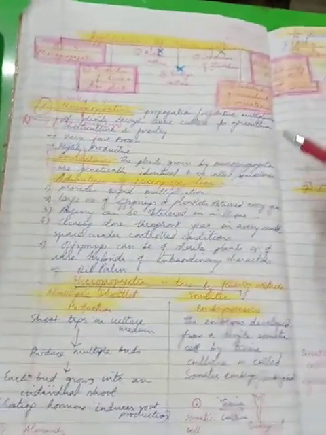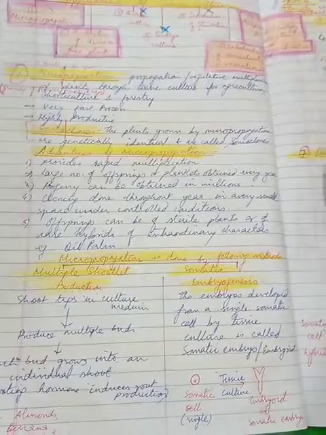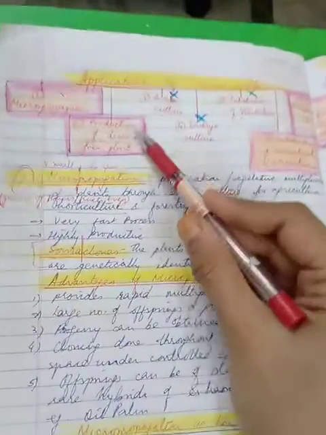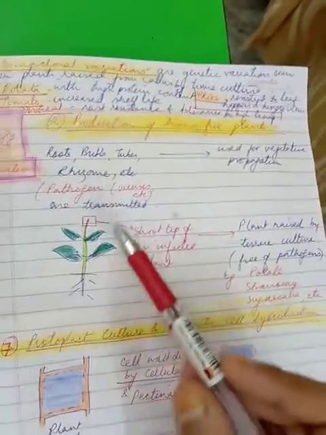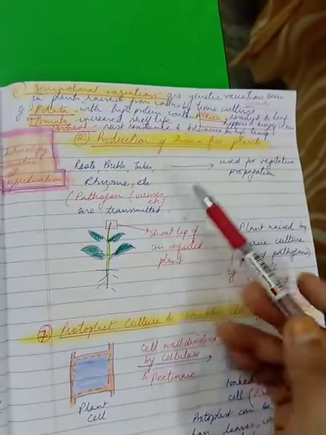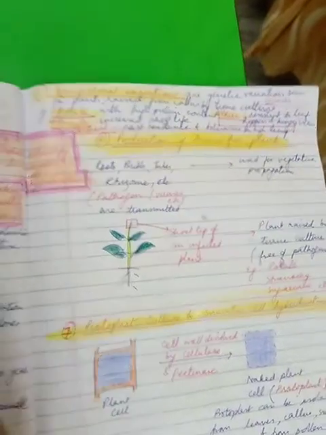All right. So this is all about the first point, that is micropropagation. Once again, in the topic: the definition of micropropagation, then the definition of a soma clone, advantages of micropropagation, and how it is done, that is two types of methods. The second, we are coming to the second application, that is production of disease-free plants. Now, in today's scenario, the fields are full of germs, that is pathogens for plant varieties, so production of disease-free plants is going to be of great benefit for the agriculture industry.